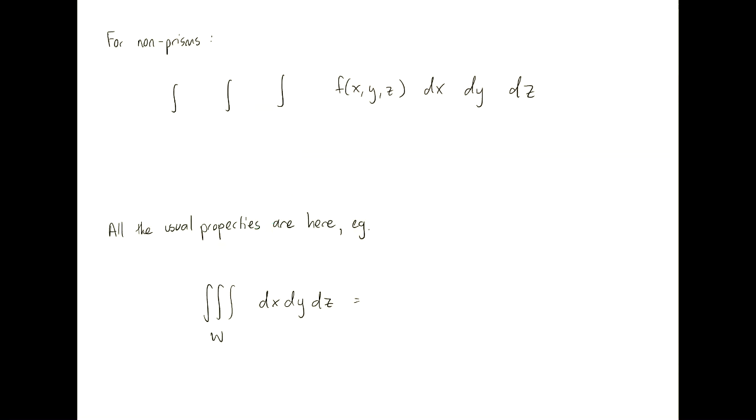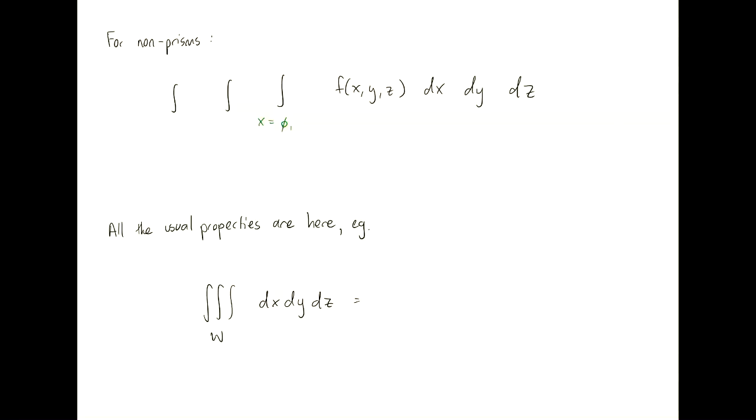As we know, not every shape is a prism, just like every shape was a rectangle. But as we also know, every shape can be a prism, just like every shape can be a rectangle. So the theory holds, and we can have bounds. So if I want to integrate some weird shape, I'm going to say I could integrate from x equals some